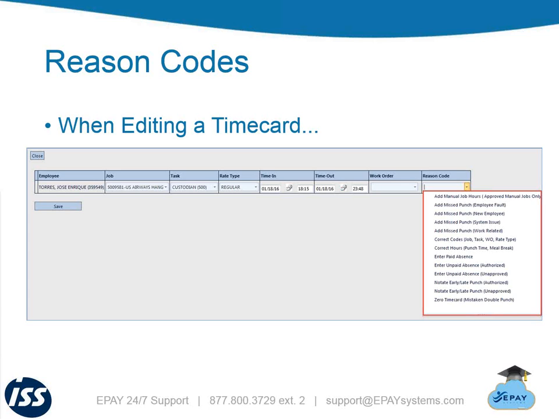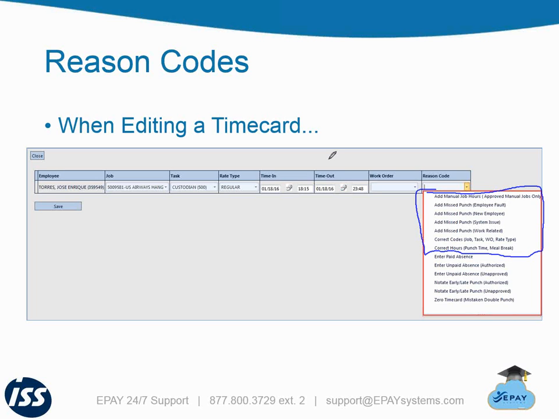Now, as far as the reason codes go for this discussion, on the right-hand side of the screen here, you'll see a listing of all the reason codes that are available. Now, there are a lot that are available. You will see that they're actually broken out into two parts here, and that's how I'm going to cover them when we go through this discussion. The top section here, that I've put a little rectangle around, is made up of the reason codes that you're probably using the most. Those are your day-to-day